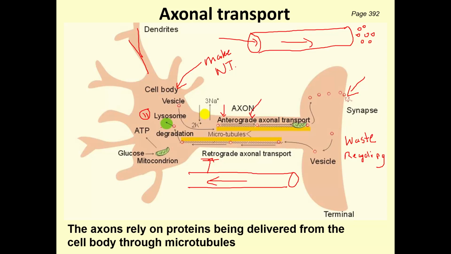Now, one of the main reasons that I'm mentioning these tunnels is that later we're going to talk about dementia. We're going to talk about Alzheimer's disease and situations where your brain stops working like it's supposed to, and you lose your cognitive capability and you lose your ability to make memories. So for everything to work correctly in the nervous system, your neurons have to be working correctly. And one of the key things for a neuron to stay working correctly is that these tunnels have to be in good working order, right?